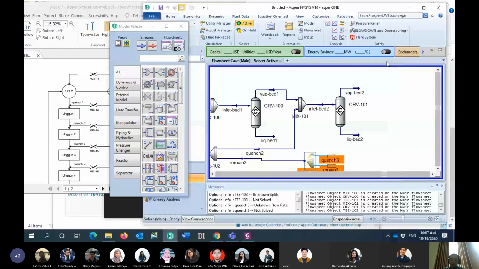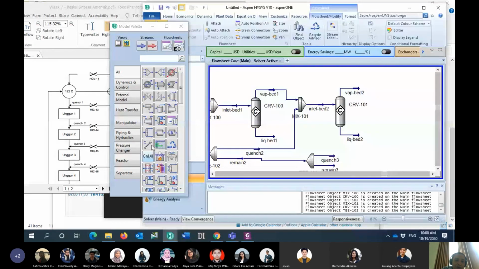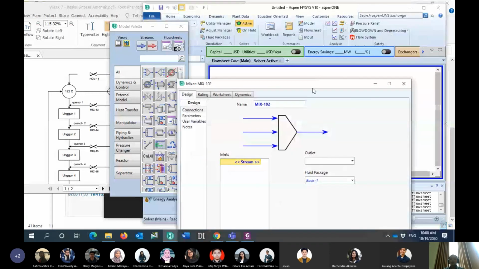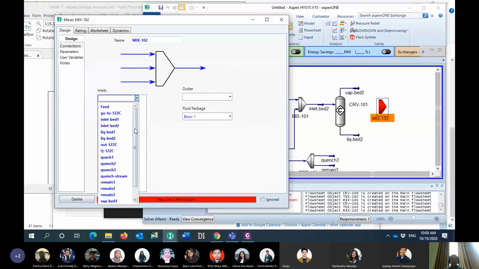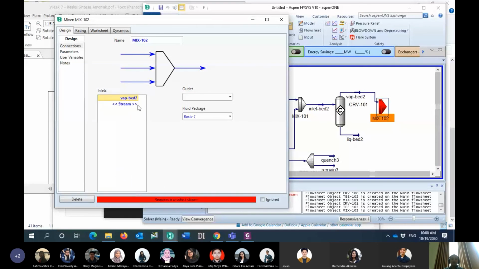Then I will combine this one with the vapor outlet of bed number 2, so I have to install the mixer in here. The inlet will be vapor of bed 2, and this one is quench 3. So it will give the inlet of bed 3.